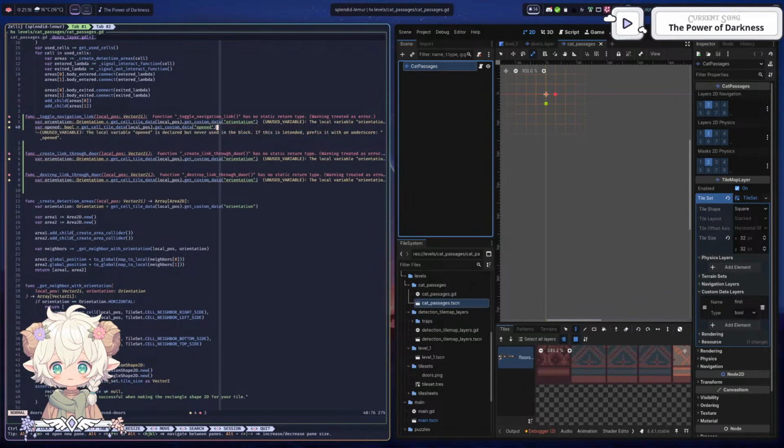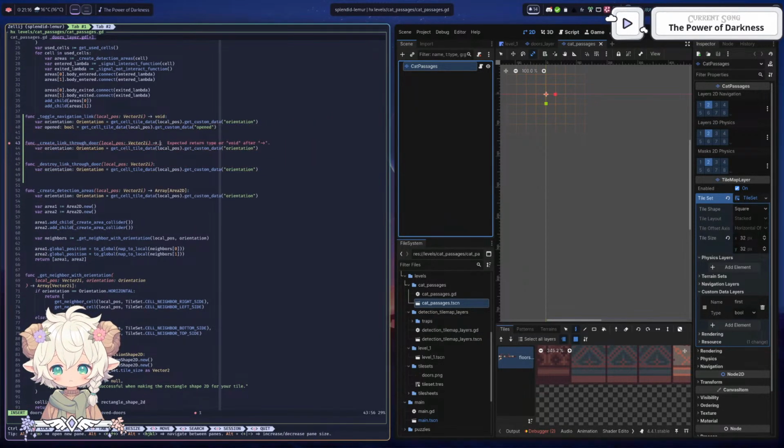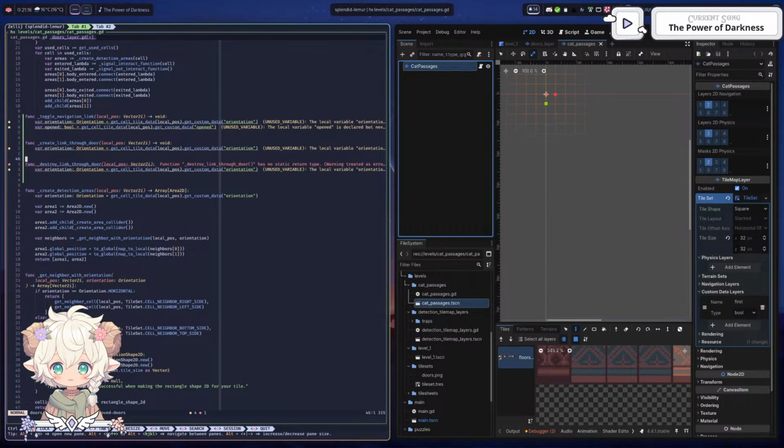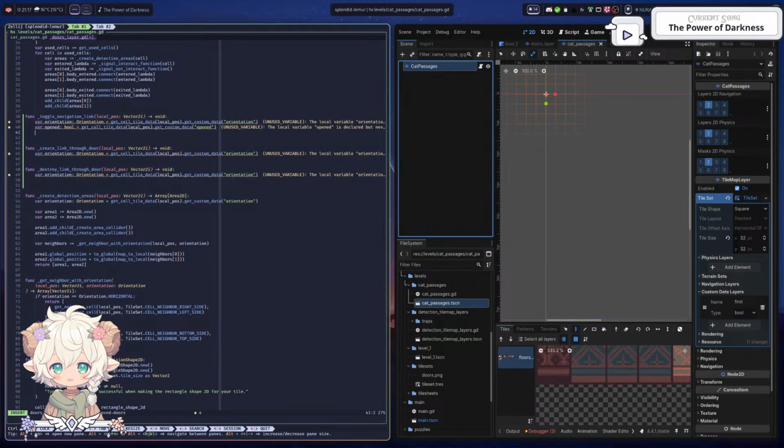I know function to navigation equals no static return type, so it does nothing. Void and same. It does nothing, this one here. Okay. And now I know it doesn't work because I'm just variable, and so on. So now